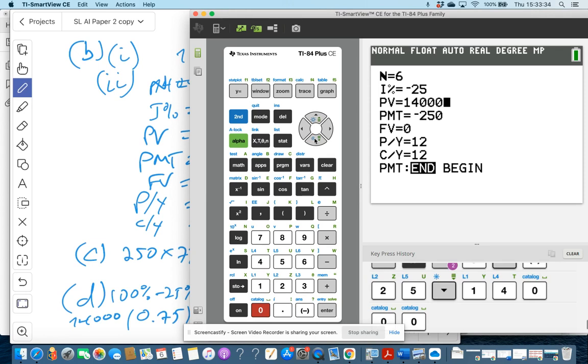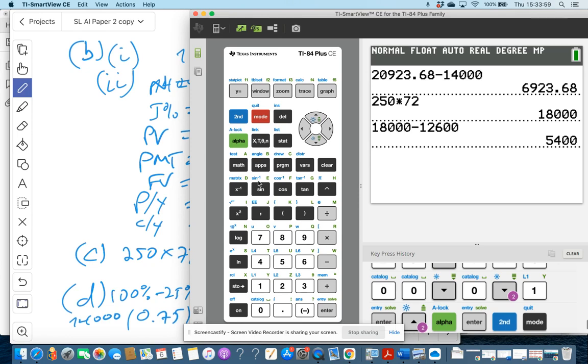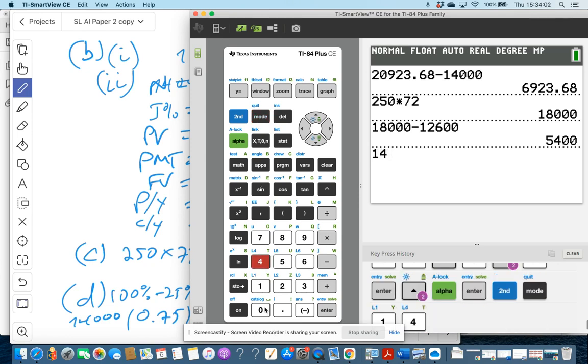And we're not going to make any payments. We're just going to see how much it depreciates once per year. Okay. And again, I want to see what the future value is. I solve for future value. And I should get the same value that I got by doing 0.75 to the sixth power